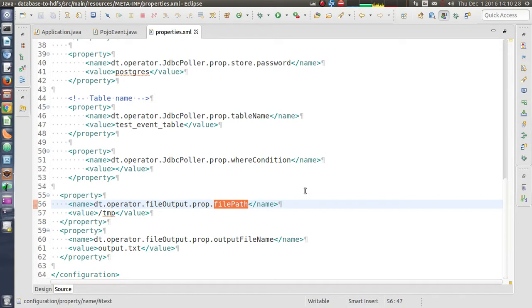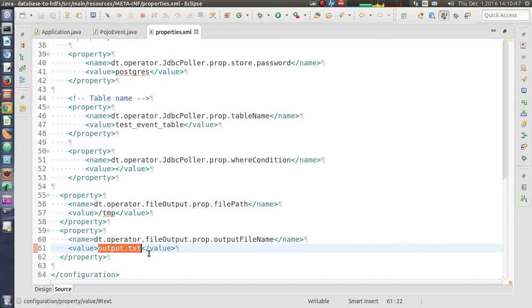Next we have file path, which is the directory on HDFS in which we want to write the output tuples. Finally we have output file name, the name of the file which is used for writing output tuples.